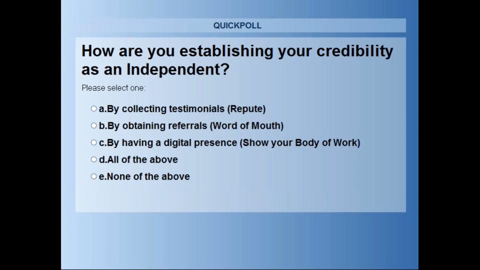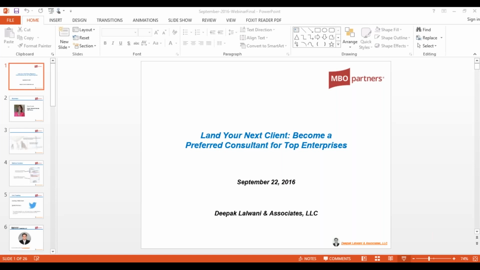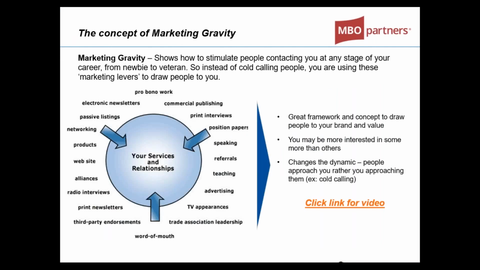So I'm watching everything come in, and it looks like we have a pretty savvy audience because a lot of them are saying that they're doing these things. Great. The second is referrals. The word of mouth one looks like it's really between that and all of them, but certainly the referrals are the clear winner in the individual category. Yeah, that's great, and that's what I find works the best, word of mouth, and a lot of that can transpire through networking, and I'll get into that.